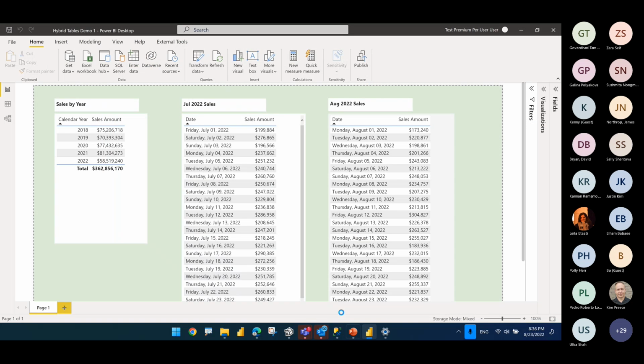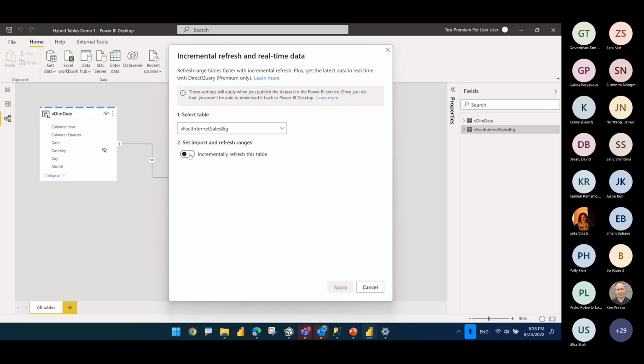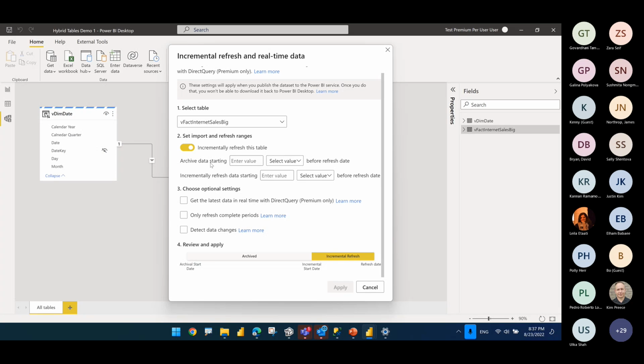So now let's go and change this. So back to our Power BI desktop. I'm going to go back to the model. Now that I have parameters, I can go to incremental refresh and I can enable this, okay? And this will tell you that the hybrid is only premium only. It gives you a lot of help here. So what I'm going to do is say, okay, we want to incrementally refresh this table. That means go ahead and partition it for me.